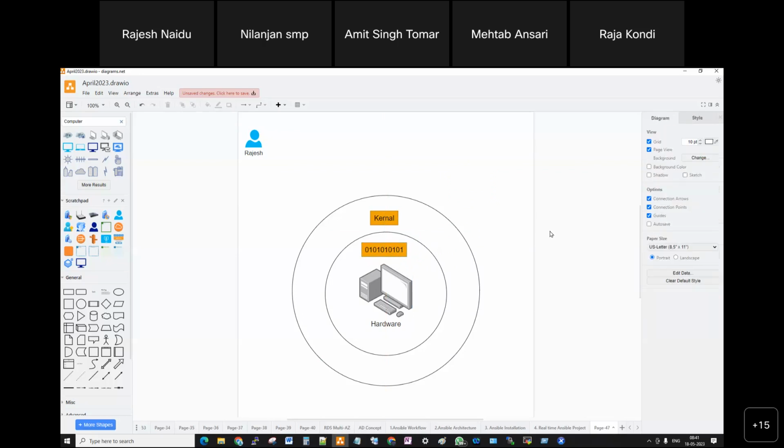Whatever the information you're giving, okay, I'm writing Hrithik Roshan, Aishwarya Rai, Salman Khan, Amazon Prime. So whatever the information I'm giving as input here, that information will be converted to this binary level language. Only this language the hardware will understand. Computers know only zeros and ones.